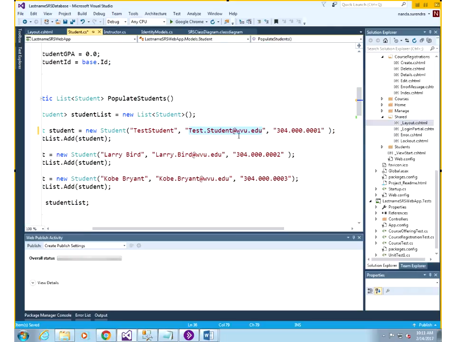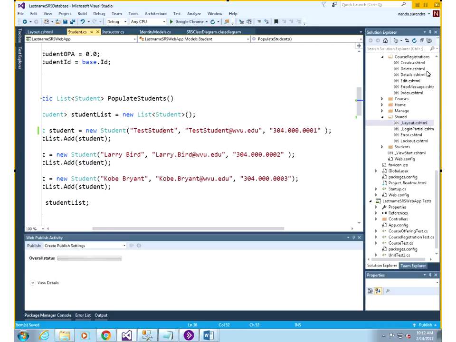So the username is the same as the password, so test.student at wvu.edu, and then the password is test student. Actually, to make it even easier, I'm going to remove that dot, so I'll just copy paste when I'm logging in. So test student at wvu.edu, test student, and that's for the student,